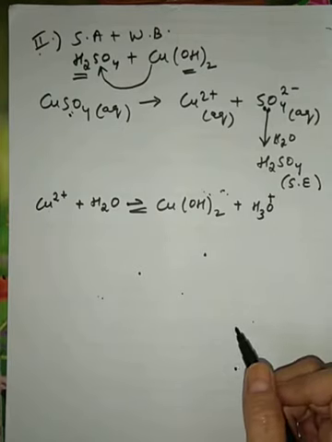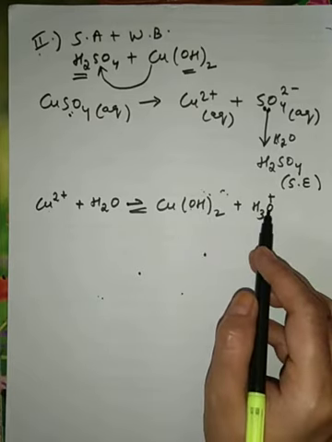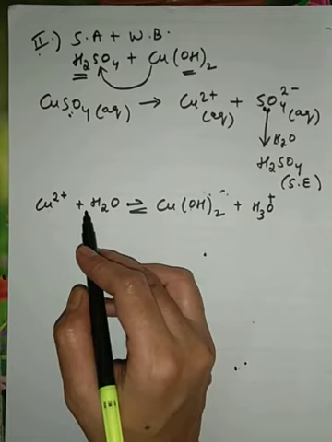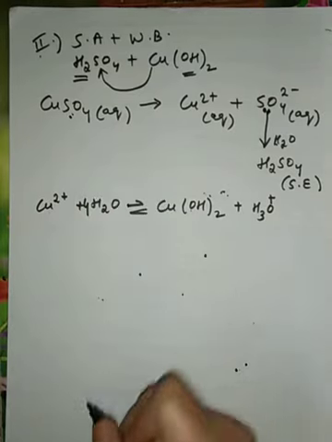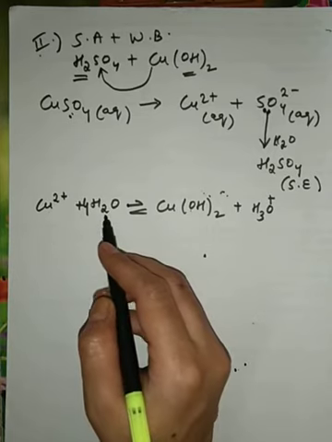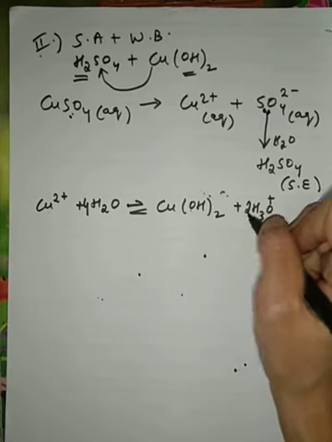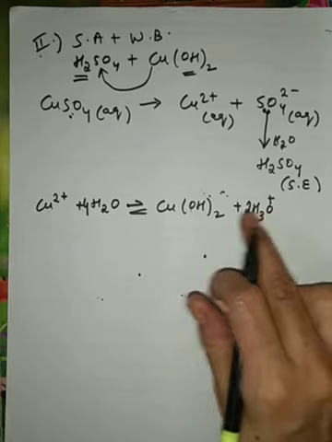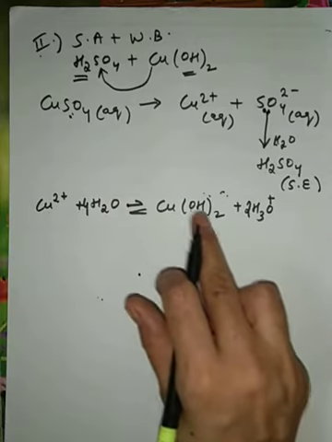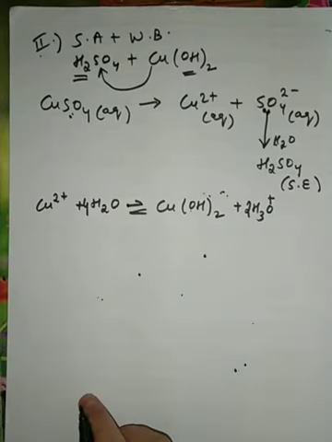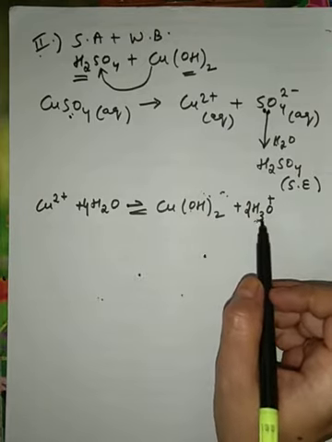How do I balance this reaction? If I see oxygen, I have 3 oxygen on the right hand side, but I am not writing 3 here because then hydrogen won't be balanced. So we write the next number, 4. Now my hydrogen is becoming 8. So how do I make 8 here? By simply writing 2 here, because 2 threes are 6, plus 2 hydrogens here. Oxygen is 4 here, and here also it is 4, 2 oxygen here and 2 oxygen here. In this way you can see that hydronium ions are produced.